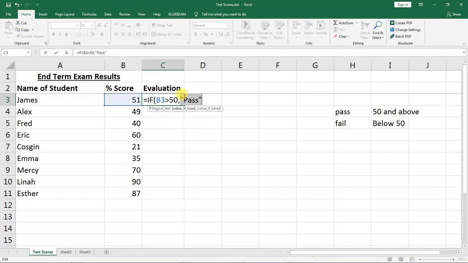True as a text is part of the inbuilt formulas, or rather the expressions, that Microsoft Excel will recognize without even requiring you to put quotation marks in when you write that text. Now this is the value if true. We want this to be pass, put a comma, then value if false. So if B3 is greater than 50, the student is at